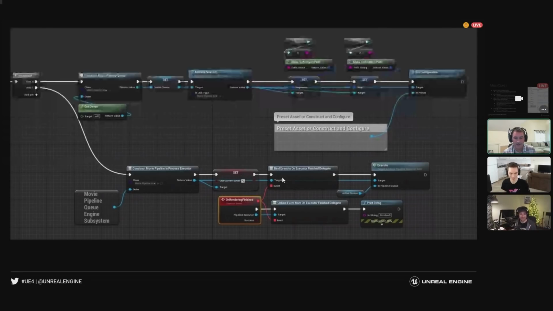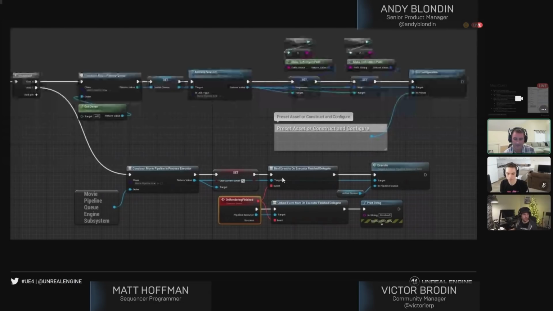You tell me. Yeah. Well, I was just going to clarify too, that you don't have to just render one map and one sequence. It could be multiple levels or maps. And that's why it's kind of a batch rendering queue system. So if you are rendering one sequence and then another one from a different map, you just have to load those up in the queue and those will render. And obviously we kind of covered all the shot specific stuff that you can override, but it doesn't stop you from rendering two different levels with different sequences that you have set up in the project.